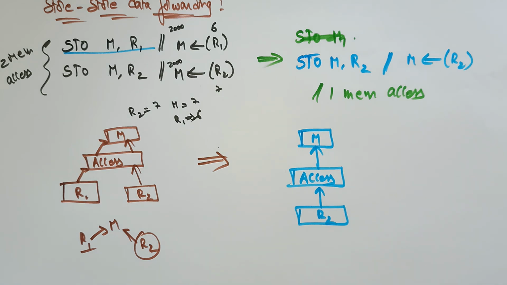When you are removing steps, whenever it is not affecting the output, try to remove those steps. There is no need to use them. One thing you have to remember, students, while writing the code: if some steps are not affecting the output, try to eliminate them so that your program length is reduced, and so that the processor can also reduce the time to read the data. That is what I have done here by using the store data forwarding technique. I simply eliminated one store operation because it is not affecting the output.